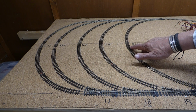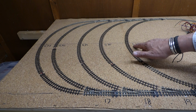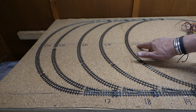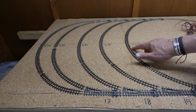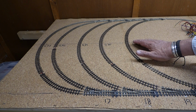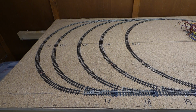So as I say, these are isolated on one side for the block detection. G29 means that we're in the green power district. 29 is the port on the DigiKeys DR4088, which is the block detection unit that I'm using. So for when I'm wiring, I know which port it's going in and which loop it actually ties up with. Now obviously I've got to make sure that these are isolated, so what we've got to do is